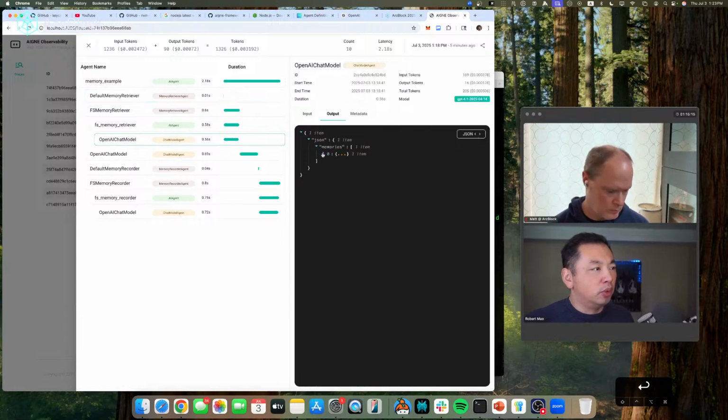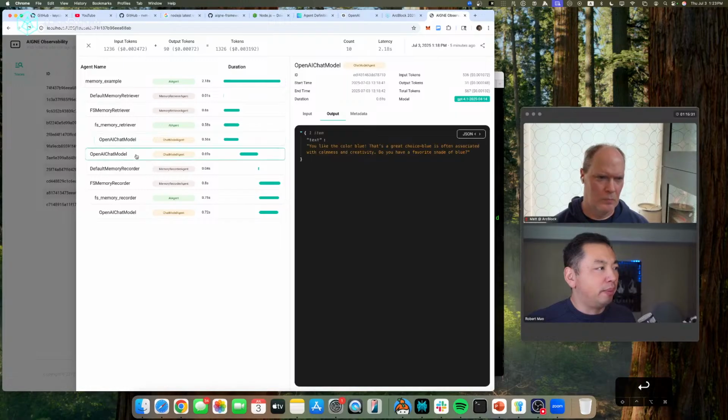In this model, you will see what exactly happened, because you see in this memory retriever, it basically retrieved the memory, saying the user likes the color blue, right? And once it retrieved the memory, the user likes the color blue, when I call this OpenAI chat model, it actually outputs this color blue, right?